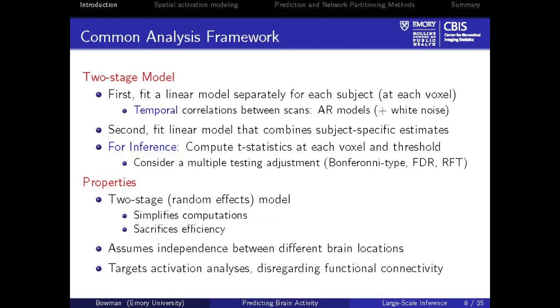At the first level, you obviously have to deal with the fact that you have a time series. Those aren't independent observations. And so, again, autoregressive modeling ideas have been used a lot to address that correlation. After you've obtained group estimates at each and every voxel, then if you want to proceed to inference, you calculate t-statistics and then threshold somehow. There's an obvious multiplicity issue here. You have hundreds of thousands of voxels, and you're trying to declare things statistically significant or not. What does that do to your family-wise error rate or to the number of false discoveries?